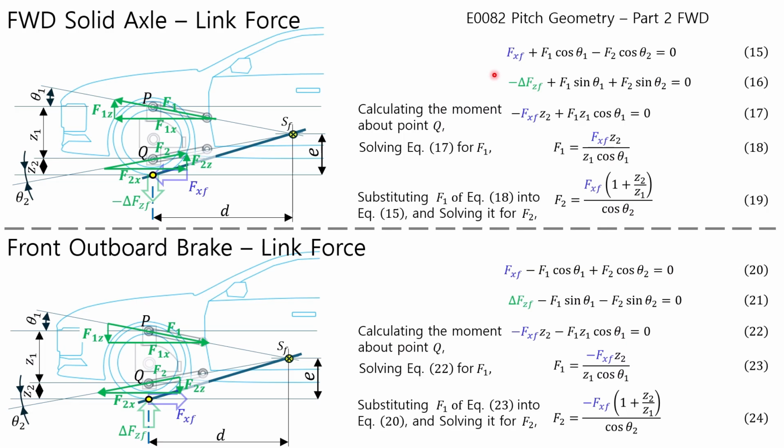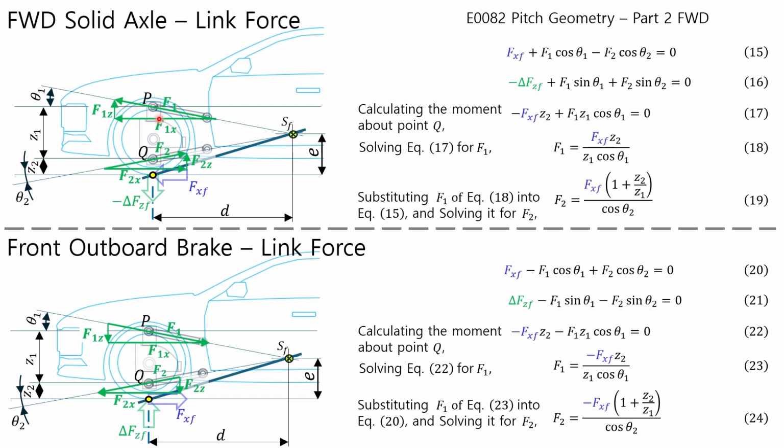Equation 15 expresses that the driving force, FXF, must be in equilibrium with the resultant force of the horizontal component of the force F acting on the upper arm and the horizontal component of the force F acting on the lower arm. Next, equation 16 can be derived from the equilibrium regarding the vertical components of all forces acting on